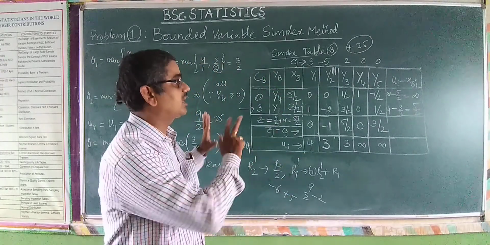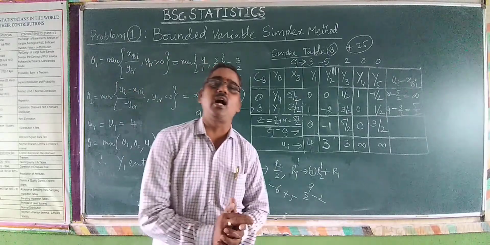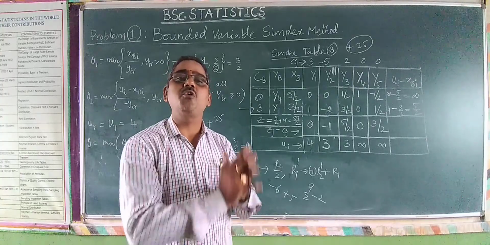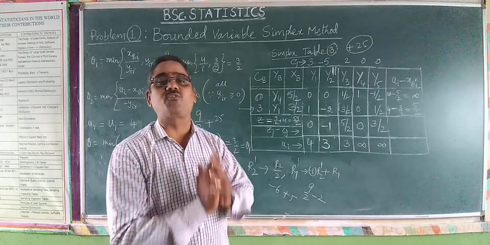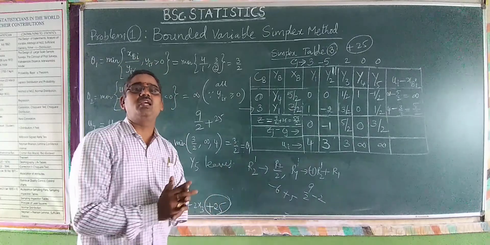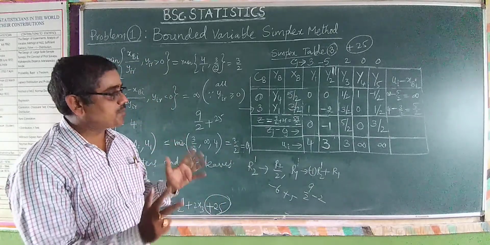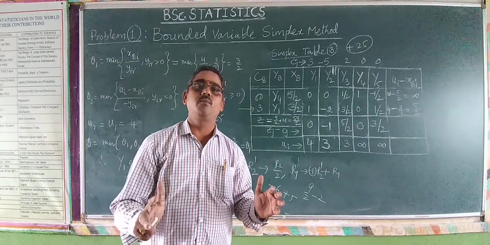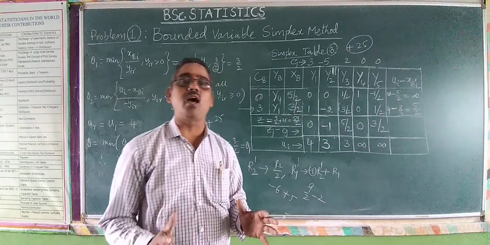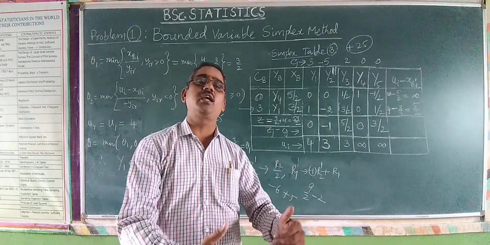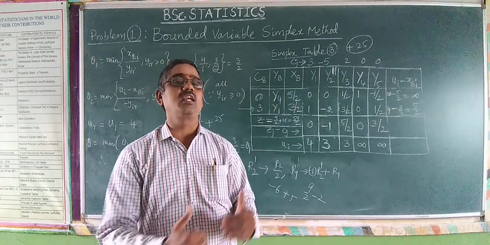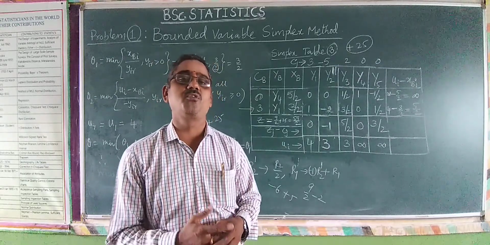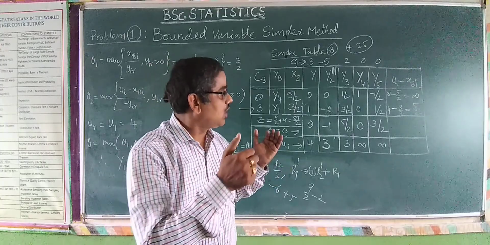Now we have finished the calculations. So this is the end of the table. I stop here and continue in the next part, that is part 4. This is the end of part 3. I am stopping after the calculations of the simplex table, and I will take up the next further calculations in the next part. Hope you understand.